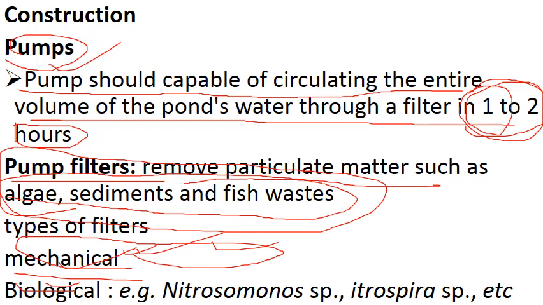It means you should plant some species, or provide fish or any animal that eats and breaks down waste, like Nitrosomonas species and Nitrospira species. These are biological filters. Here Nitrosomonas is a bacterium, and Nitrosomonas species are used for the biological filter. In this way, many living organisms are used as filters.